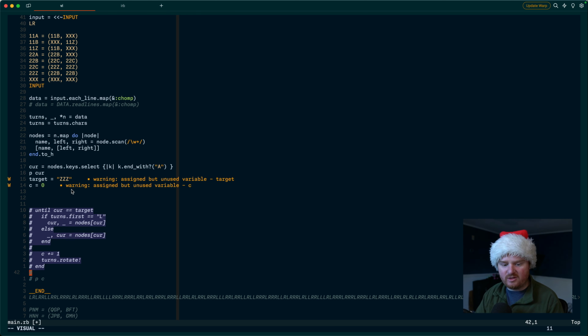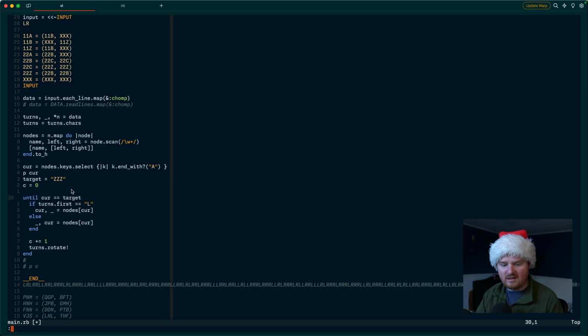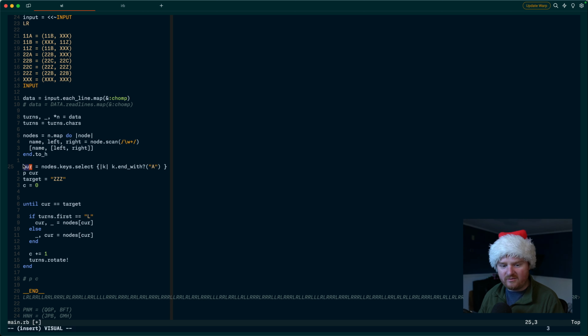Now, our same loop is going to look something like this. We want to iterate until, instead of current just being one individual value, now current is going to be this array. And so we need to keep track of which current we're on. We need to iterate through all of these current values, but we want to do so that we can update